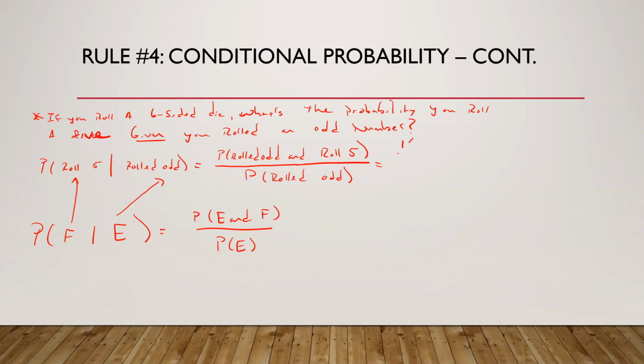So there's one way to do it out of 6, divided by, and now what's the probability you rolled an odd number on a 6-sided die? How many odds are there? 3 out of 6. So now look here, you have a fraction. Because it's just odd, I'm only asking you right here, what's the probability you rolled an odd number?